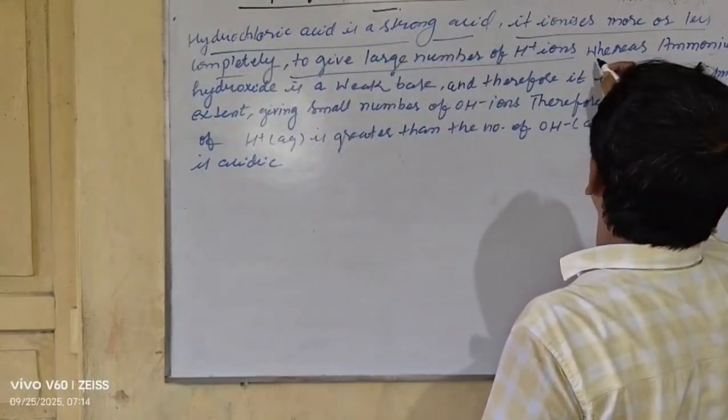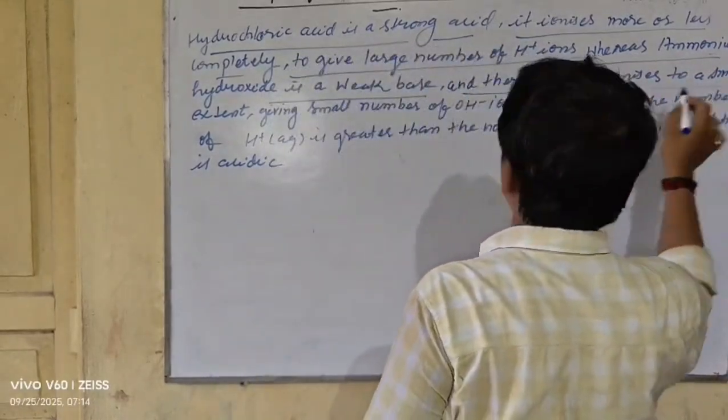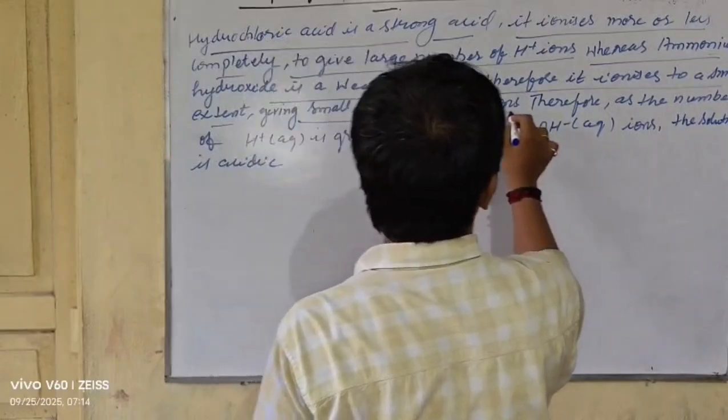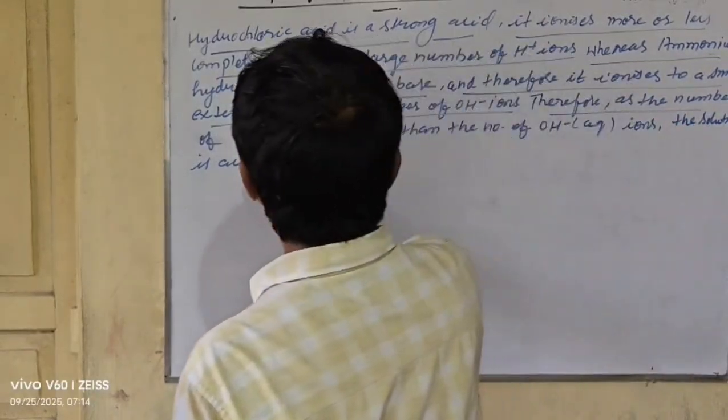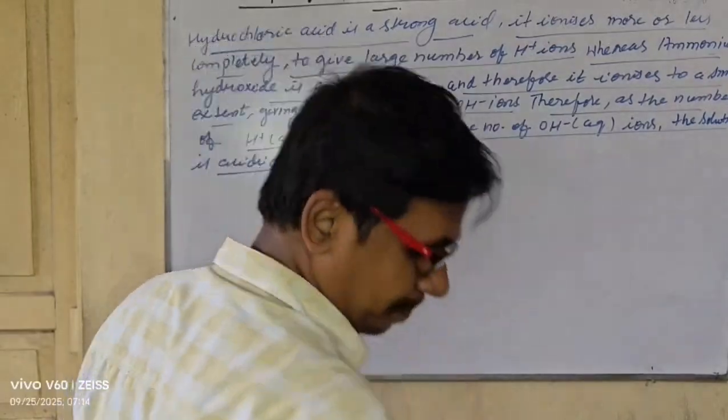So hydrochloric acid is a strong acid that ionizes more or less completely to give a large number of H plus ions, whereas ammonium hydroxide is a weak base, and therefore it ionizes to a small extent, giving a small number of OH minus ions. Therefore, as the number of H plus ions is greater than the number of OH minus ions, the solution is acidic. Second